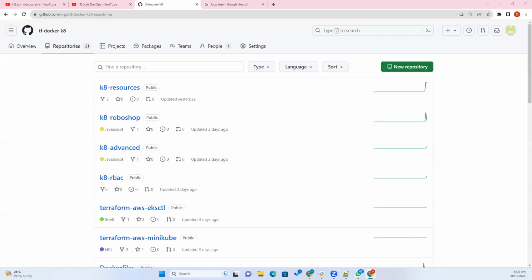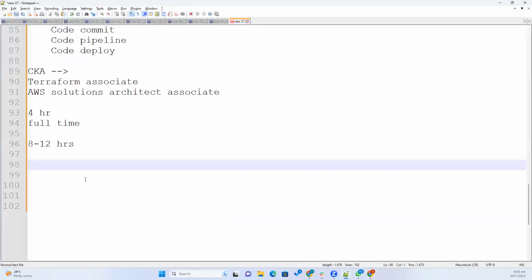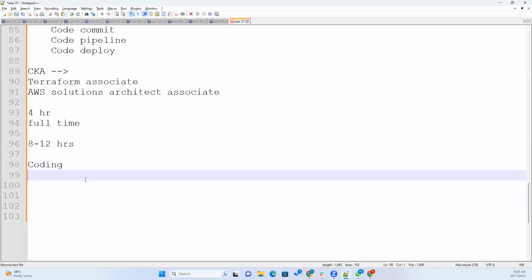Trust me, don't worry about the scripting because it is very, very easy. It's not like Java or .NET development. Let us call it coding. One type is programming, like Java, .NET.